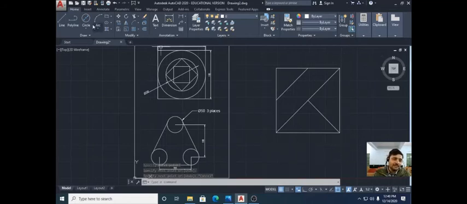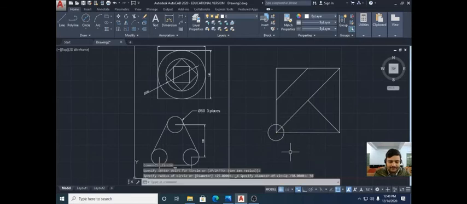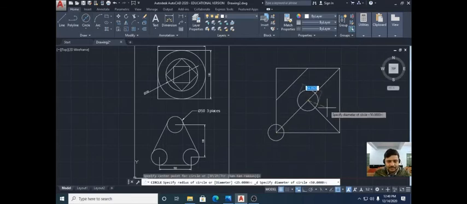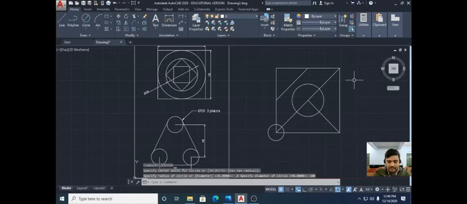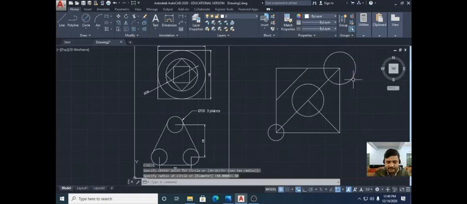If somebody asks you to take a circle, now see, the endpoint is showing to you. You can easily mark it 50. Again press enter. You can mark it 100. And again if you press enter, the last command is repeated. Again you can press 50.